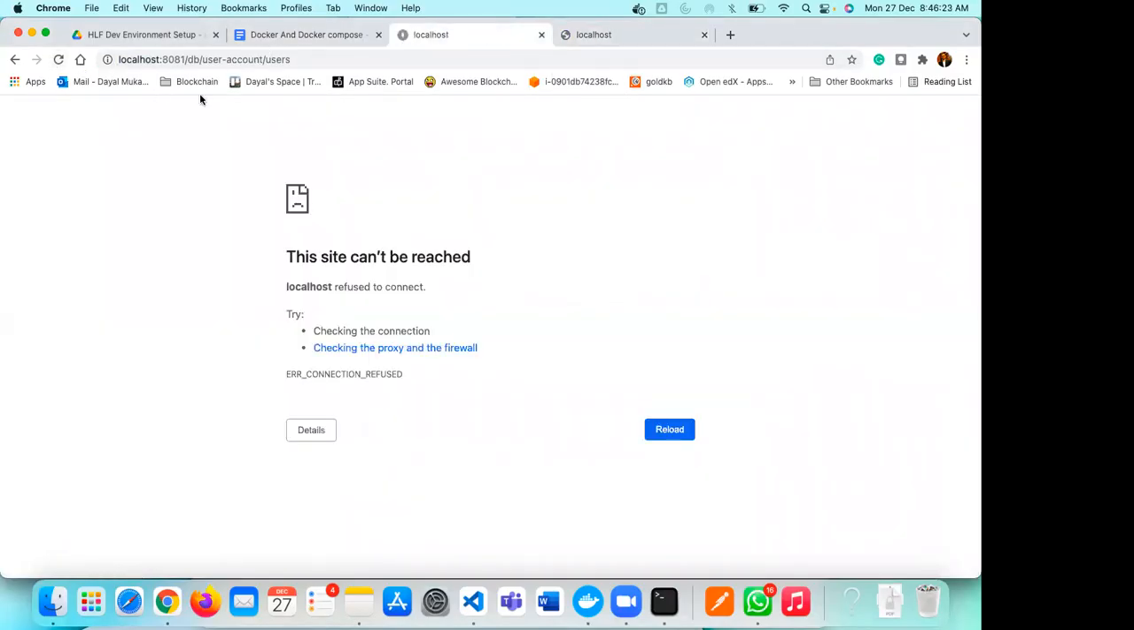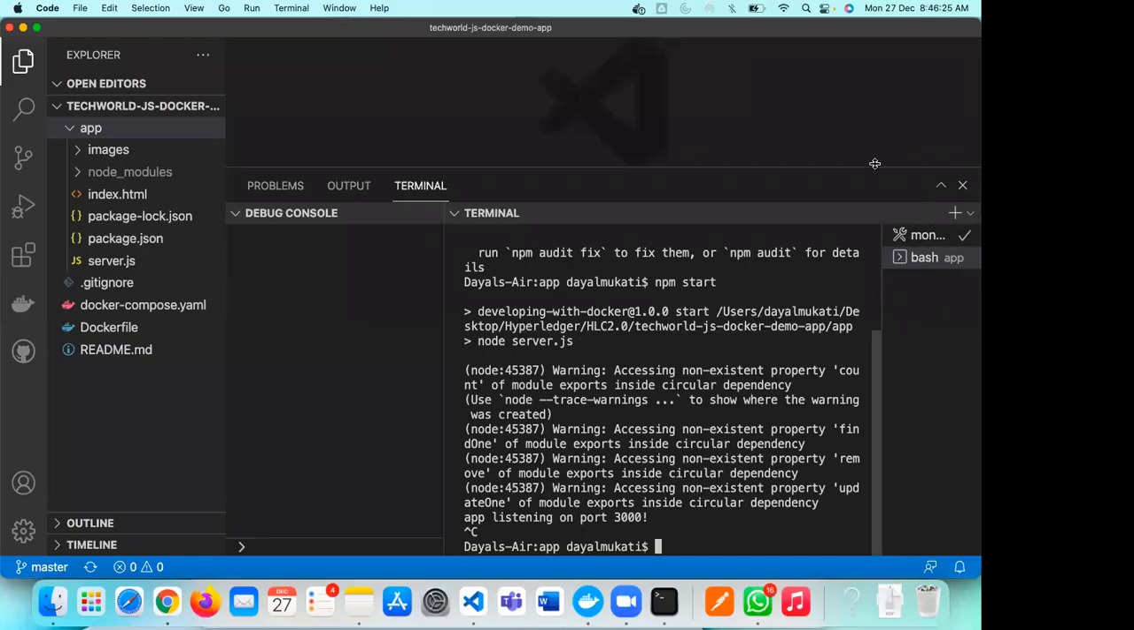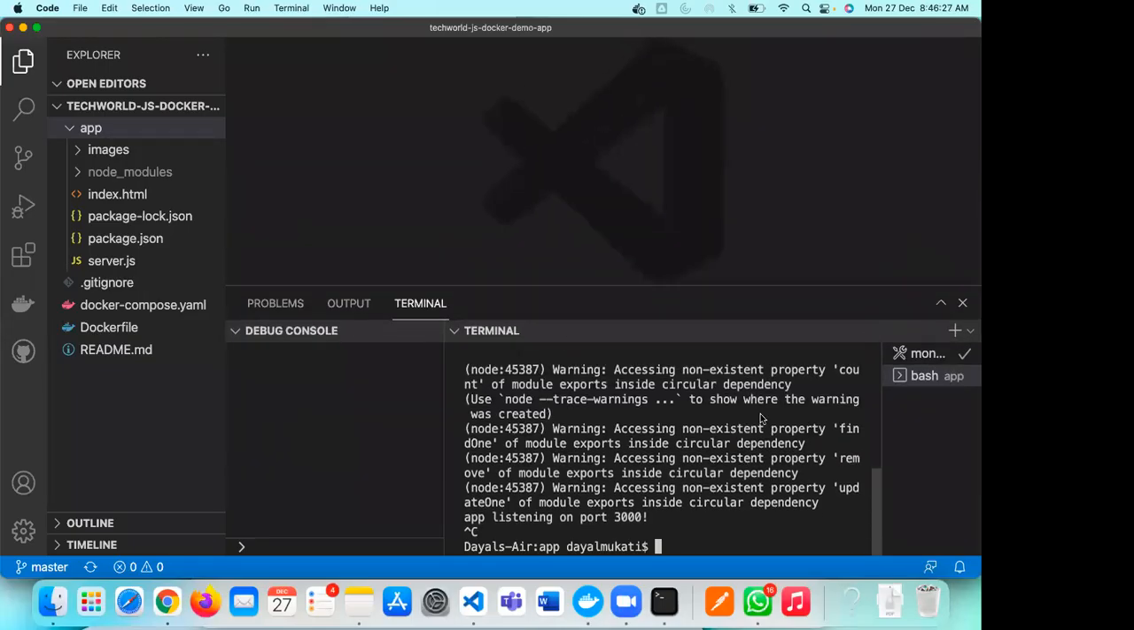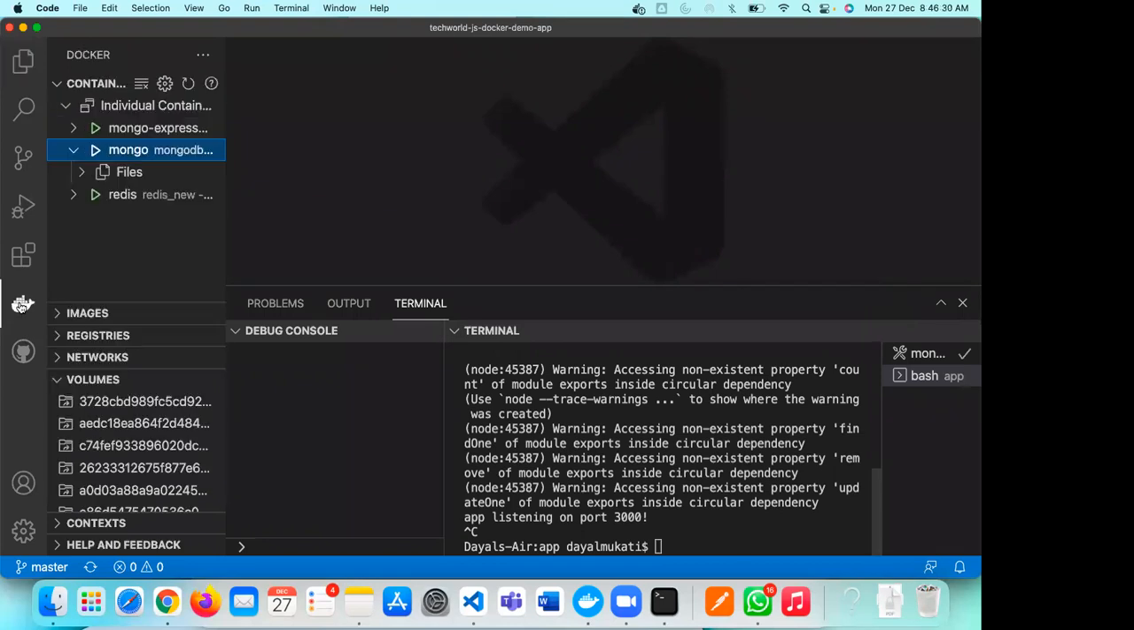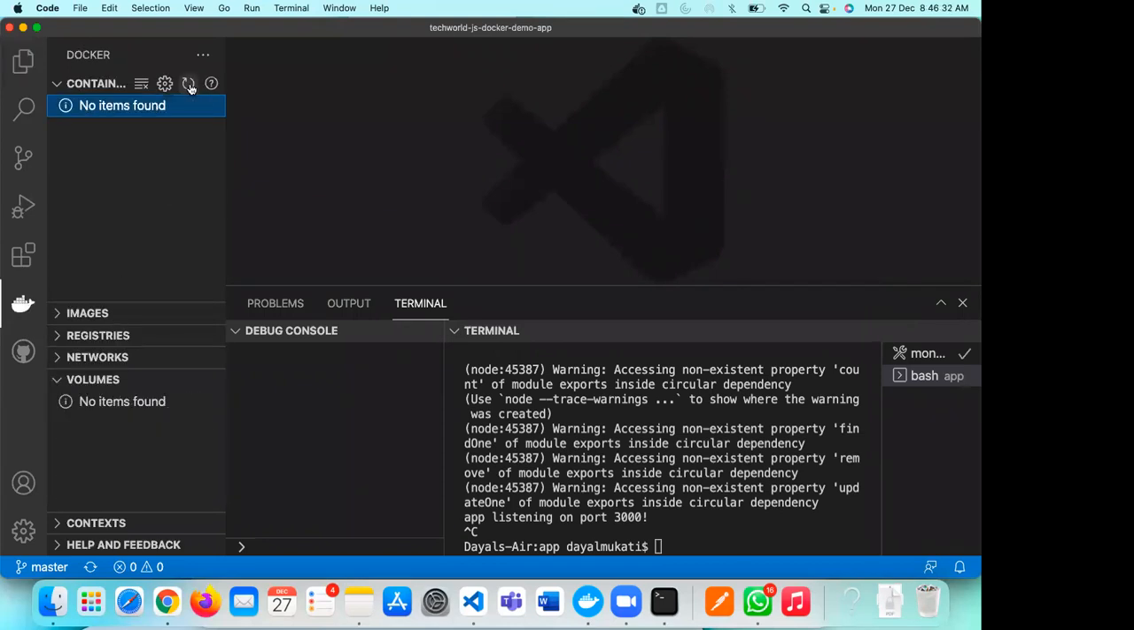Mongo Express also will be giving you error, right? And here also, nothing is running right now. Okay,